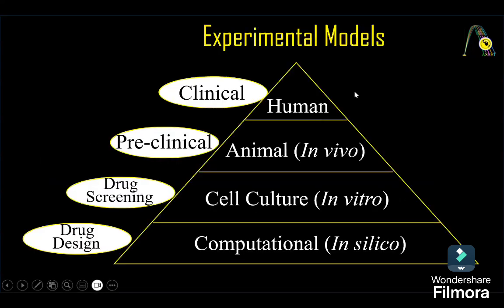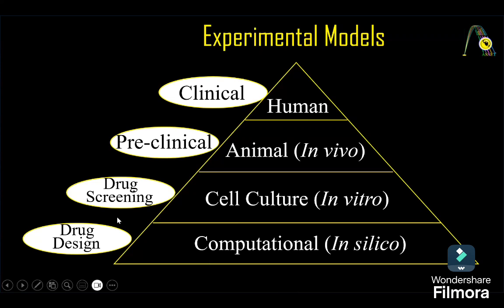And then we also discussed the experimental model that is often used for the drug design process, right? At the bottom of our pyramid, we have computational, so in silico studies. In silico basically means within silicon, so using computer studies to simulate certain biological processes. That's the software that we use, IPA. It could be the utilization of IPA or other in silico techniques. That would be our first step in the drug design process, and that comes before any of the other